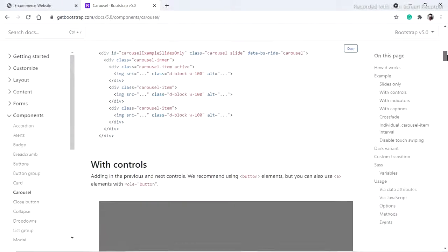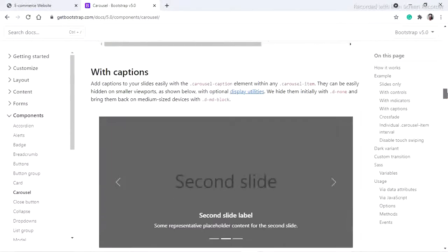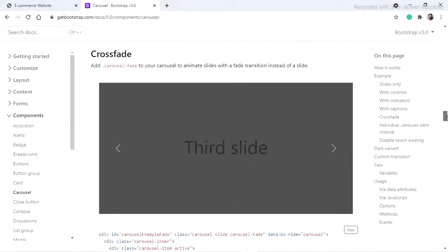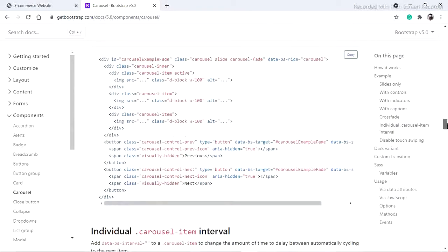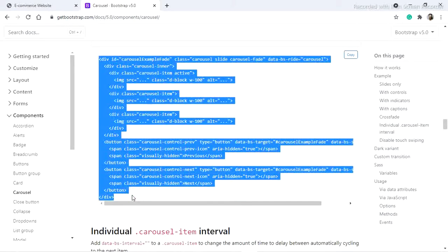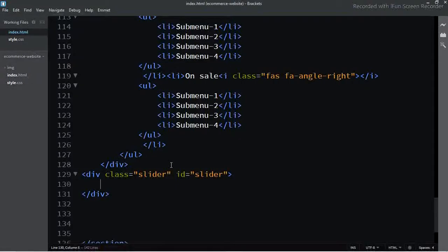In this carousel, come to the crossfade, copy this, paste it here.